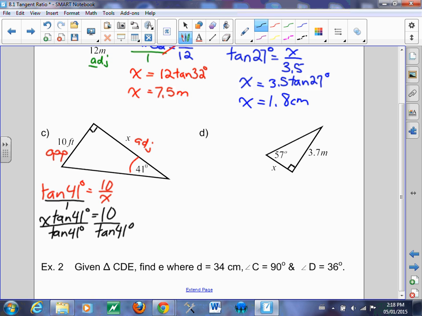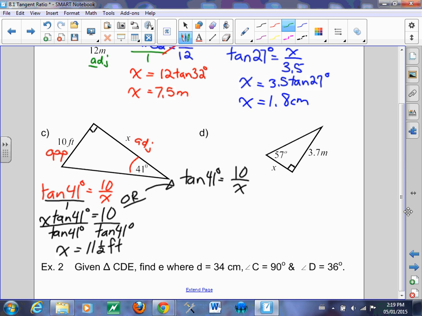Okay, plug in your calculators and you're going to get 11.5 feet, but because it's feet measurement, I'm going to use a fraction of a half. Okay, 11.5. Okay, or I'm going to show you a shortcut. Okay, so if I have tan 41 degrees equals 10 over x,